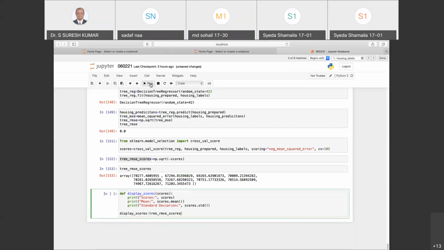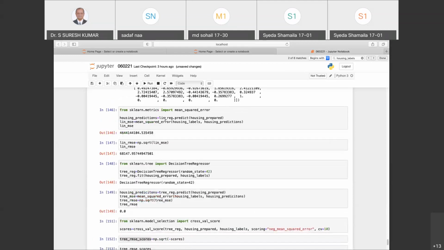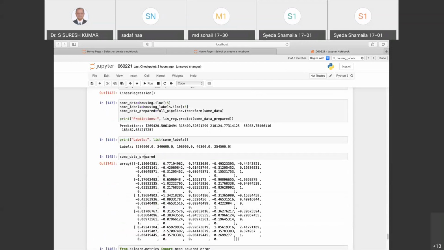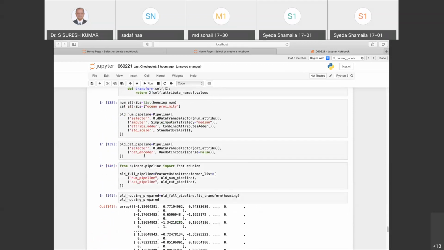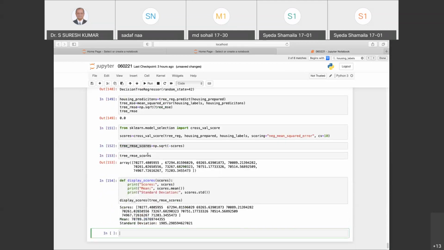When we execute, now I've gotten a wonderful way. I can very well comprehend the result. I say my mean is 70,789. Earlier, how much did I get as my mean? Where is this mean gone? We had got a mean of, yeah, fine. My mean now I'm getting is 7789.